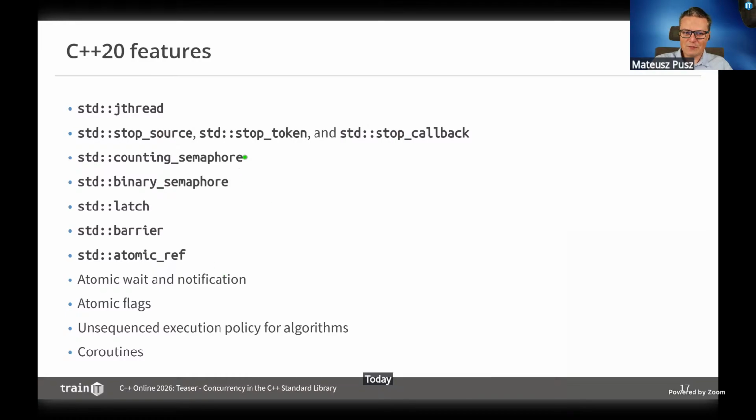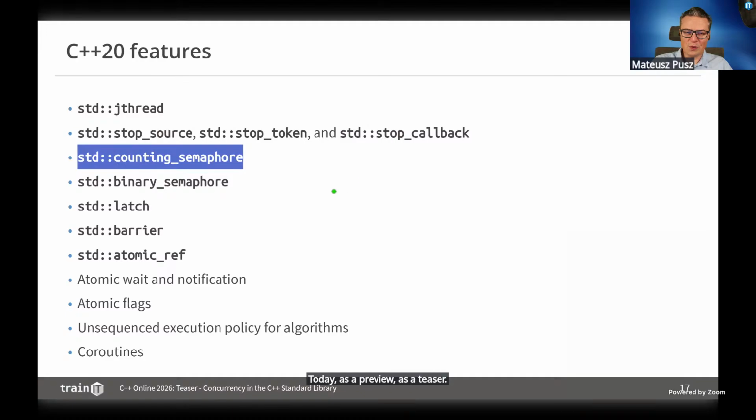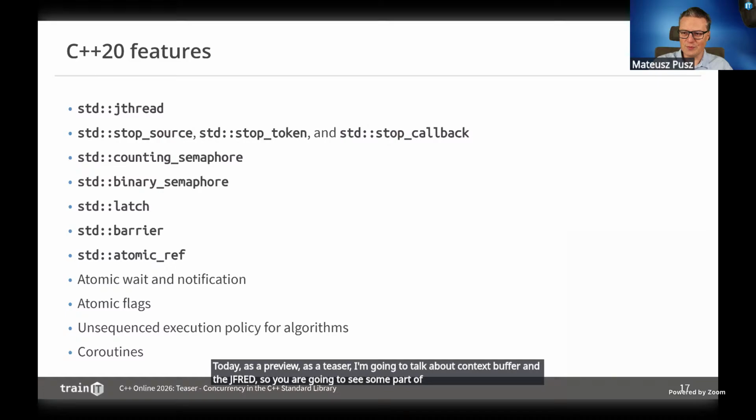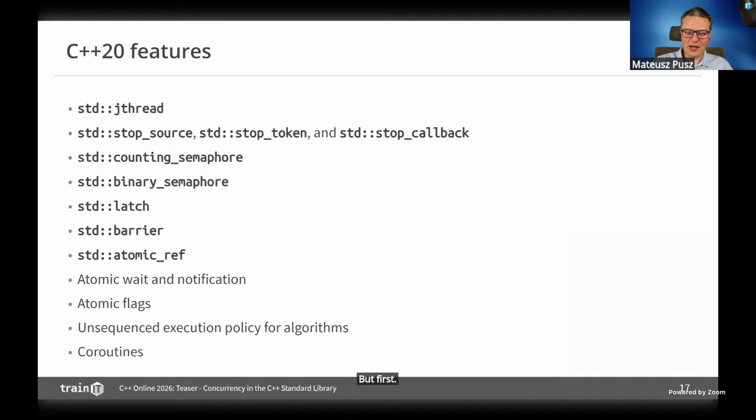Today, as a preview, as a teaser, we're going to talk about the counting semaphore and the jthread. So you are going to see some part of those new tools, and hopefully you will learn something even from this teaser. But first, before we do any code exercises